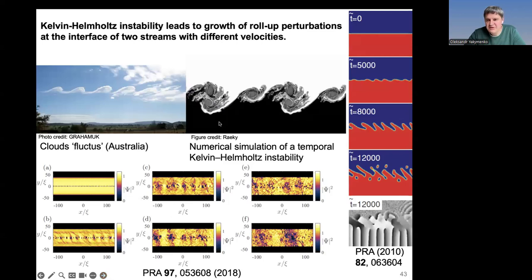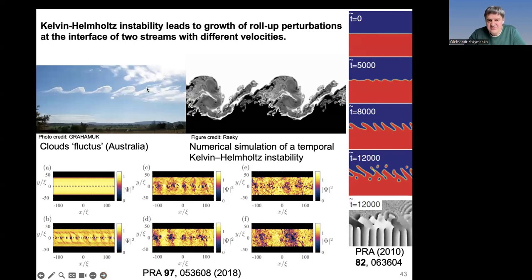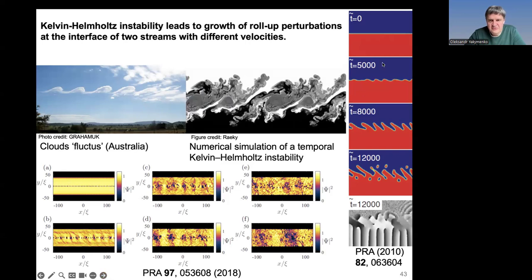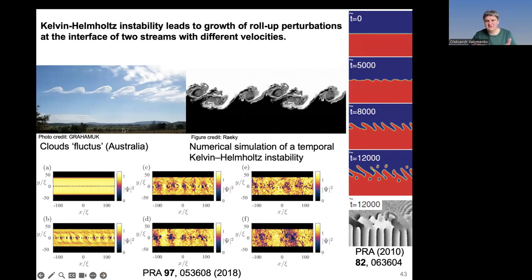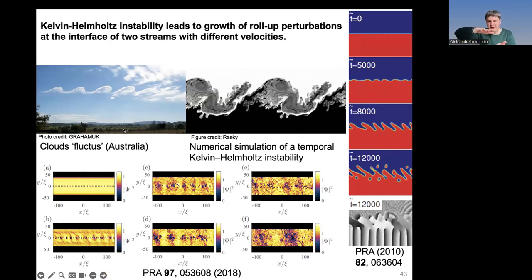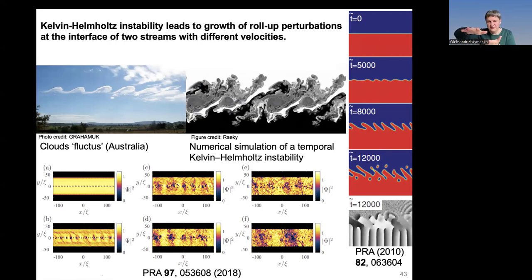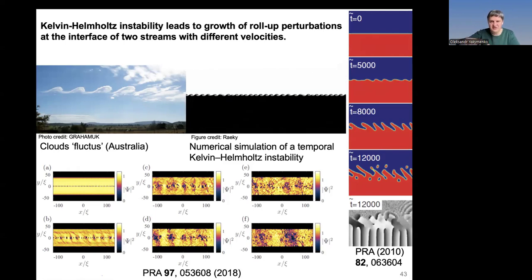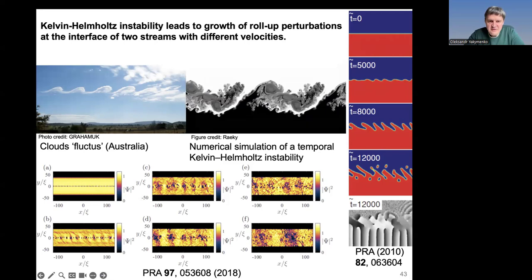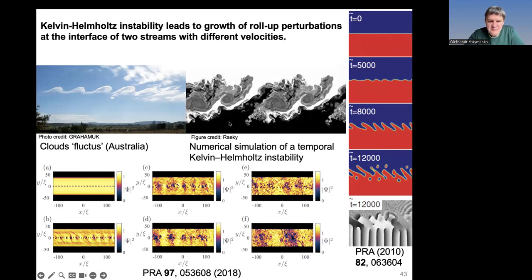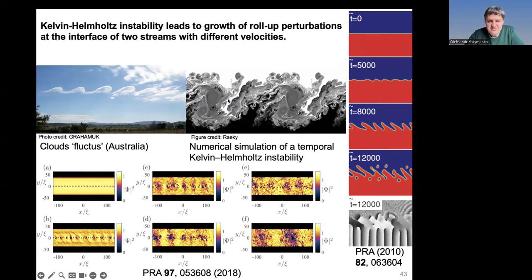This effect, by the way, resembles the Kelvin-Helmholtz instability in classical and quantum systems, which is illustrated in these plots. What is Kelvin-Helmholtz instability? When you have counter-propagating flows, or at least different velocities of the flows, at some threshold